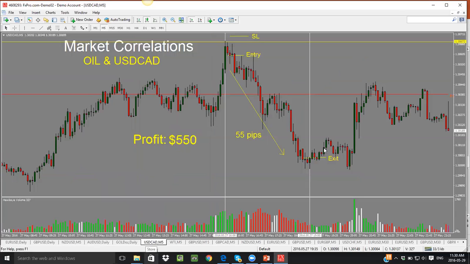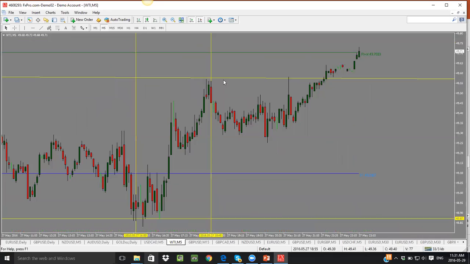And if you look at dollar CAD here, this is 1900. So this green bar was the 1840. This is where we started getting our reversal signal. Price started moving up. It did do another push to the downside. And once you actually see your reversal signal here, you see 2 pins, and you see your bullish engulfing candle, or you can choose to get out on the second bullish engulfing candle, whichever one you choose, either one. But it's time to close the trade out, because we see that the oil is starting to reverse,